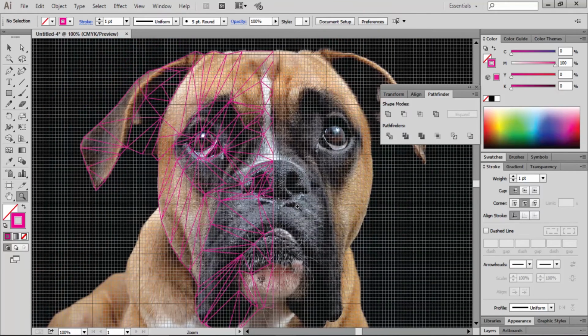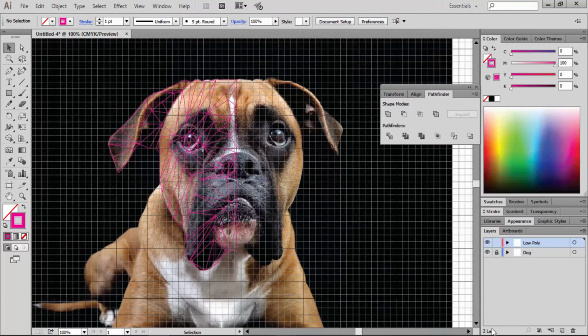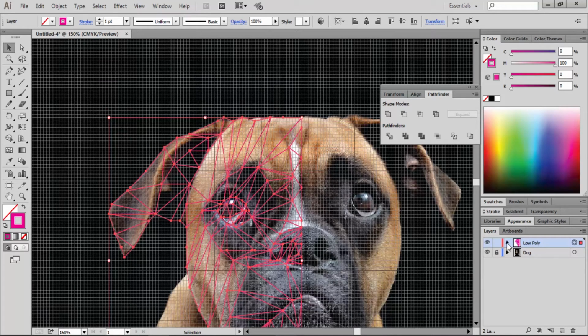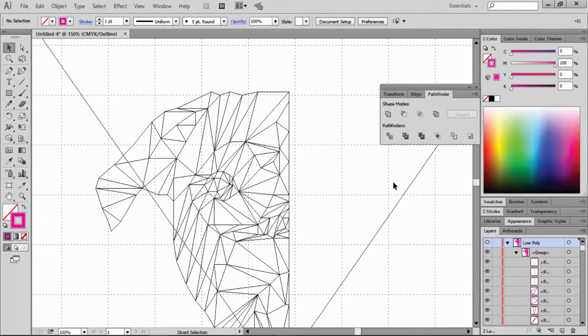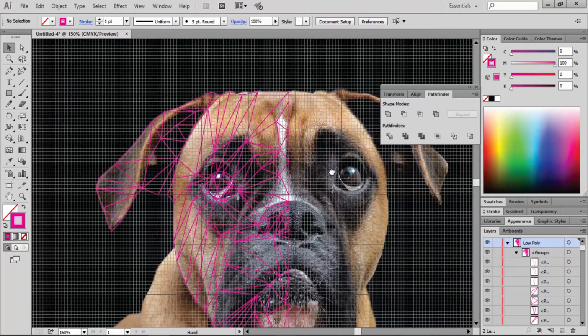And now we are going to select all the paths again. Just click on this circle here so that we make sure that everything is selected, and we go to Pathfinder and select Divide. And what we did right here is to separate all these triangles into many objects. As you can see, everything is now separated. And this is excellent because we're going to fill each and every triangle.